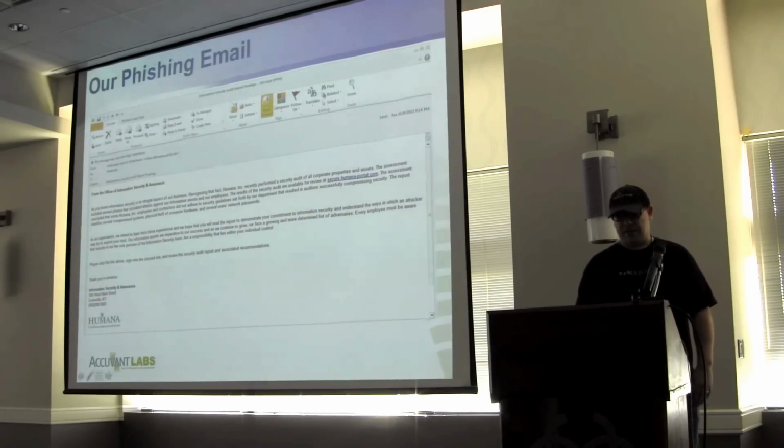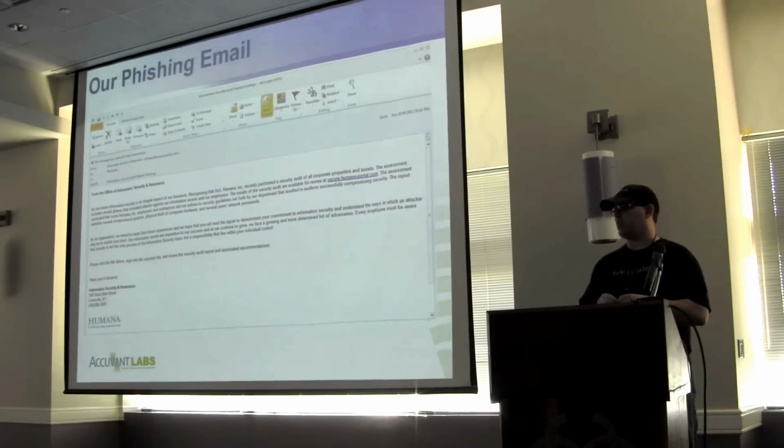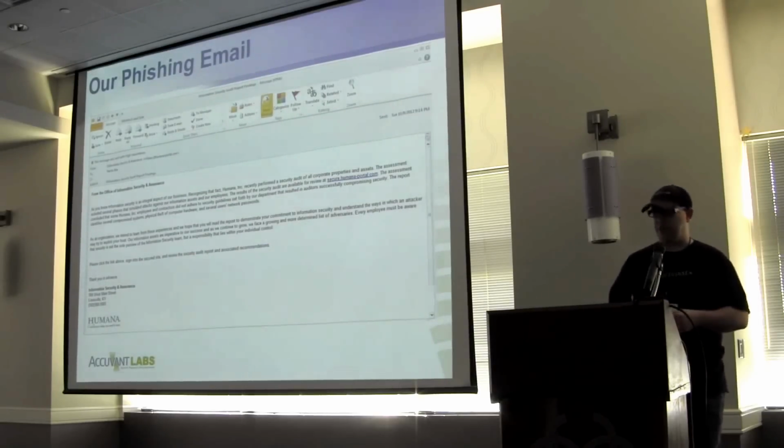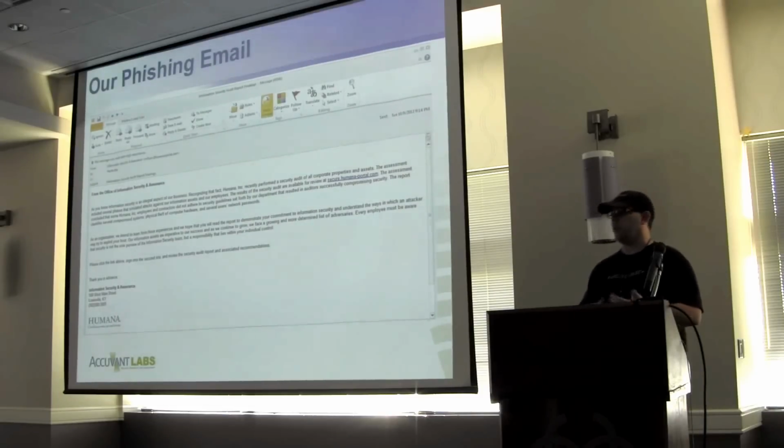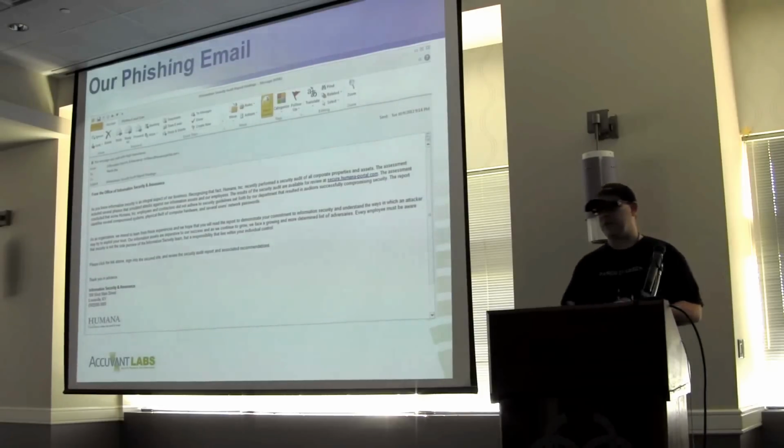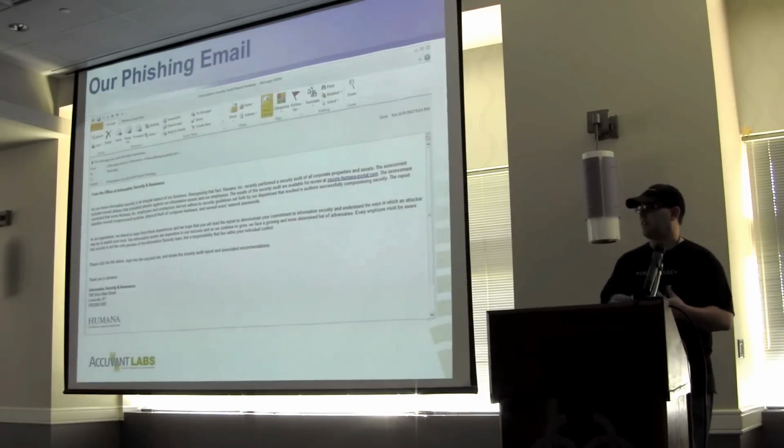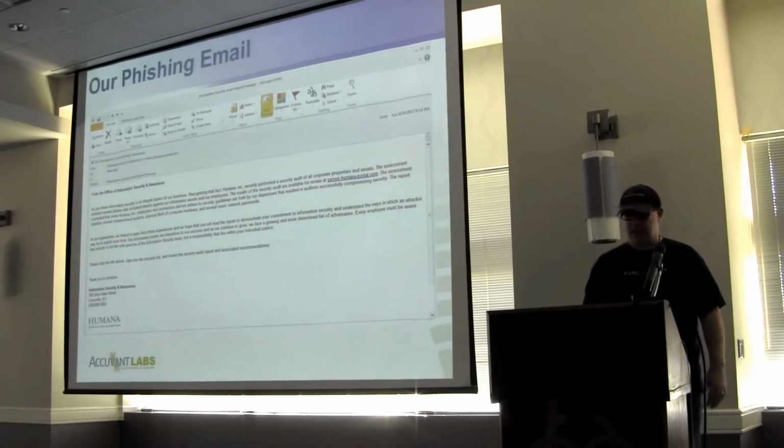We've got our information security and assurance. This is the actual address of the site. This is the actual phone number. Like I said, if we can find a help desk phone number or something like that, we'll use that instead. We never use a legitimate person's name within the company, because we don't know who it's going to, and if they're going to call that person up and ask, hey, did you send this email, or forward it to them and say, hey, did you send this email? Unless, of course, the customer specifically asks us to do something like that, then we will.